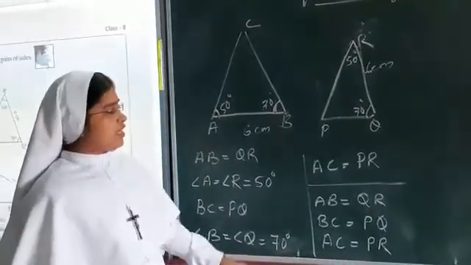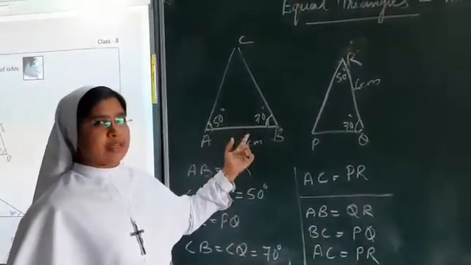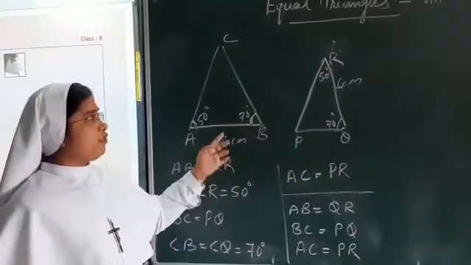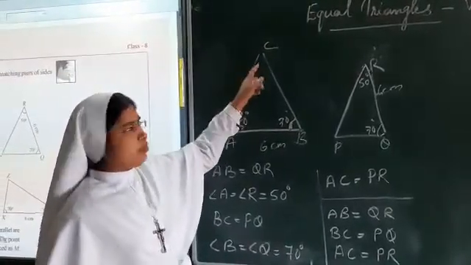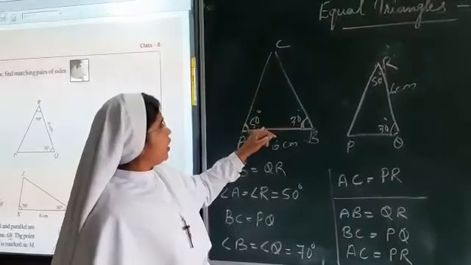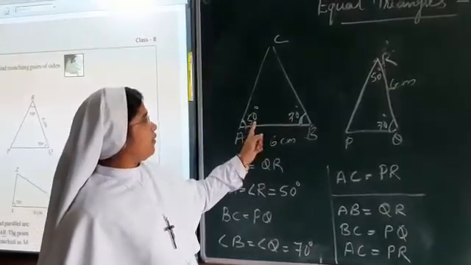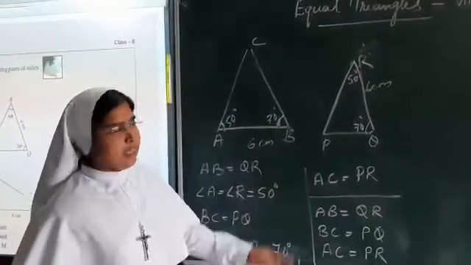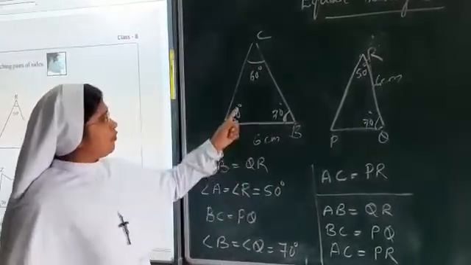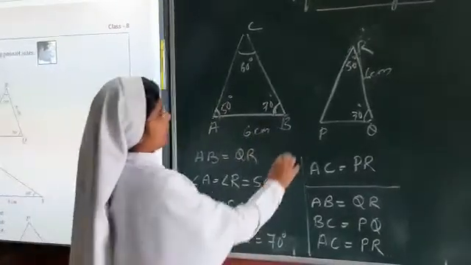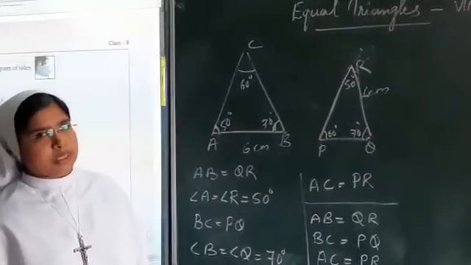In the earlier program we were finding the matching angles. Now two angles and one side are given. Now using the pattern we are finding out. Now you see what will be the third angle here. The question is not asked, but we can find out what the third angle is. The sum of the angles of a triangle is equal to 180. Here we have 50 plus 70 is equal to 120, so here it will be 60 degrees. So the sum will be 180 degrees, and here too it will be 60 degrees. The question is not asked to find the angle, but only the sides.